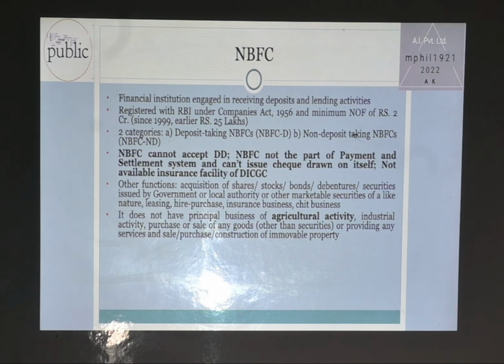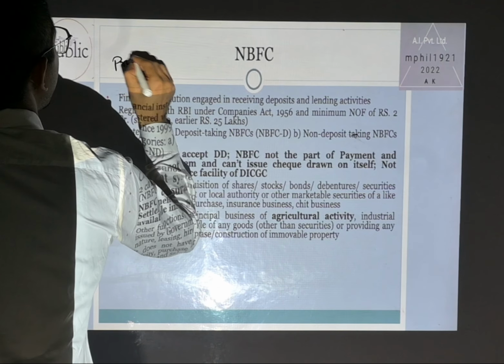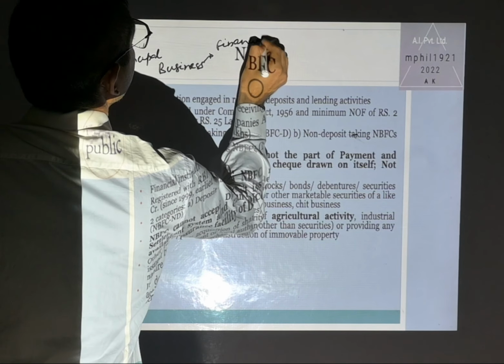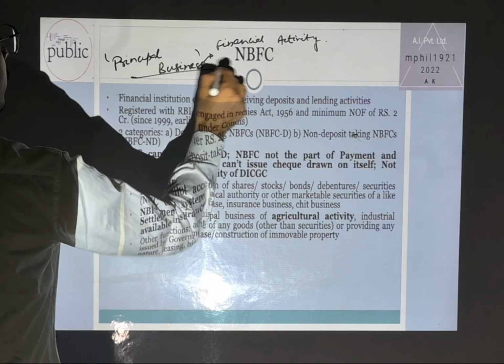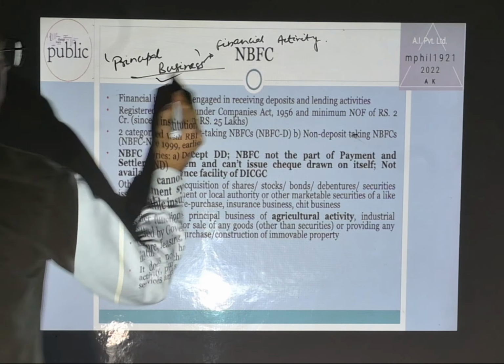There are other conditions also. The main activity of the NBFC should be principal business. Its principal business should be financial activity. And the principal business is not defined in the RBI Act. But Reserve Bank of India has defined it, because not any entity can get registered as NBFC. So, as per RBI definitions, what Reserve Bank says is that the company's financial assets